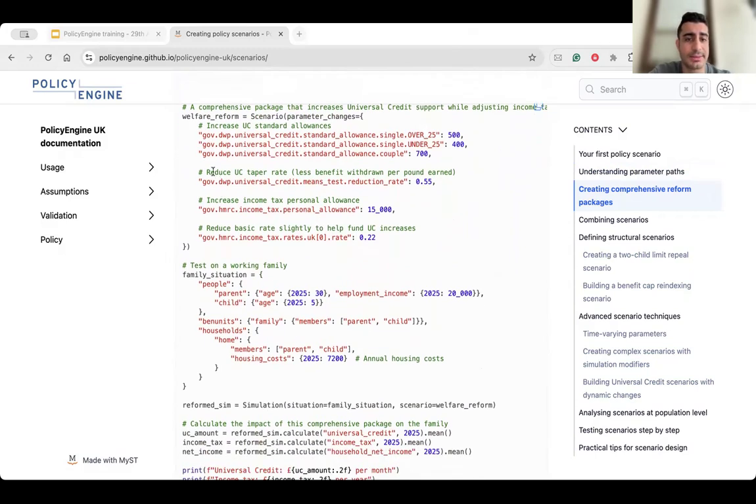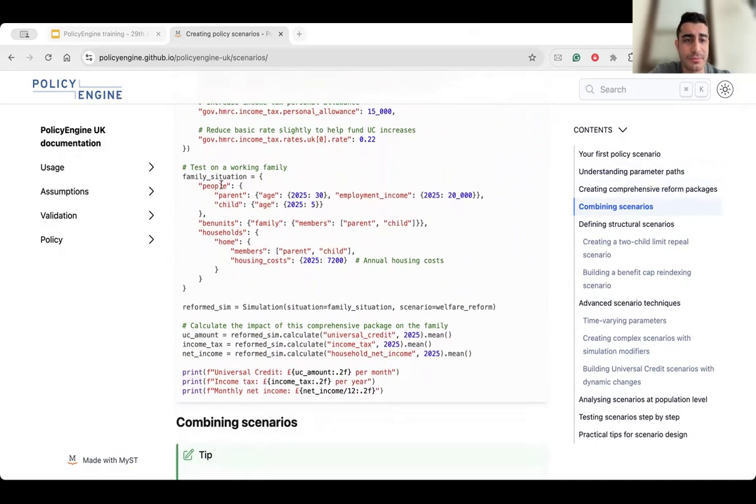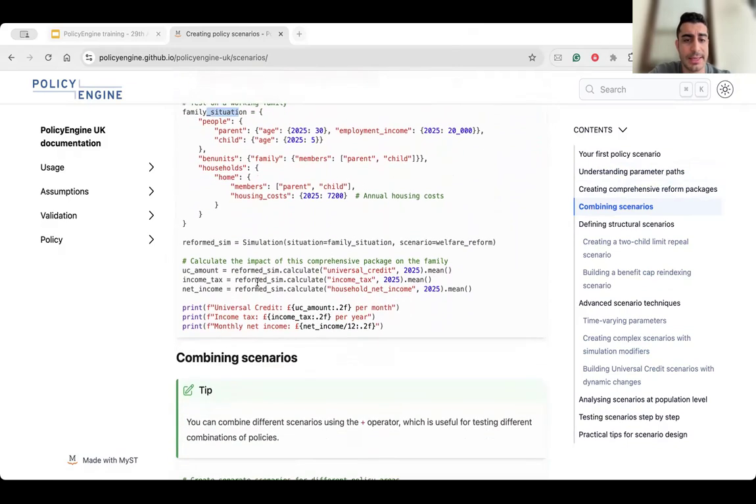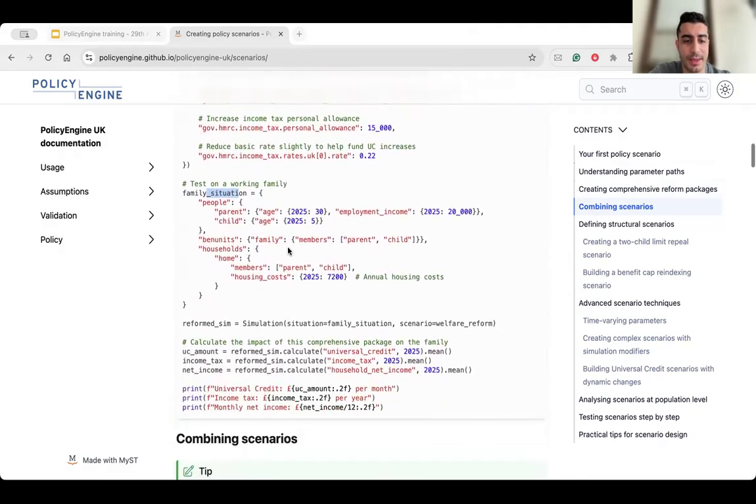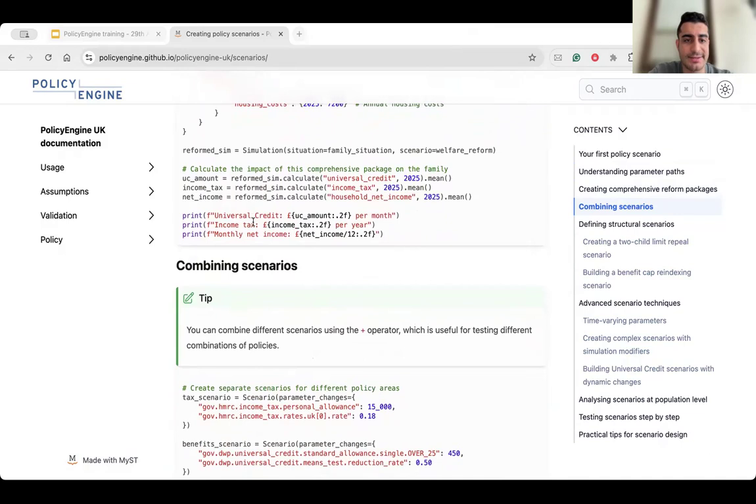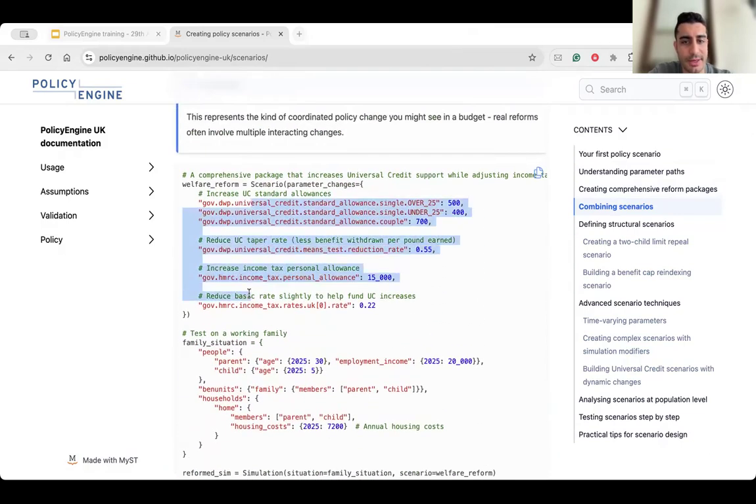And also you can pass other variable changes, for example, reduce UC taper rates, defining a family situation, get the reform, universal credit, or income tax or household net income over different variables for reform that underlies them. So basically, you can calculate these variables for the reform. Here you can define. So basically, in this reform only, we have the parameter changes, the value changes in the